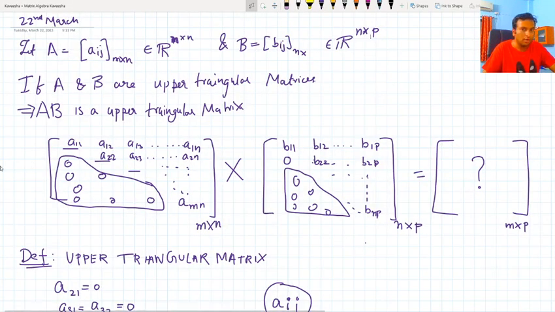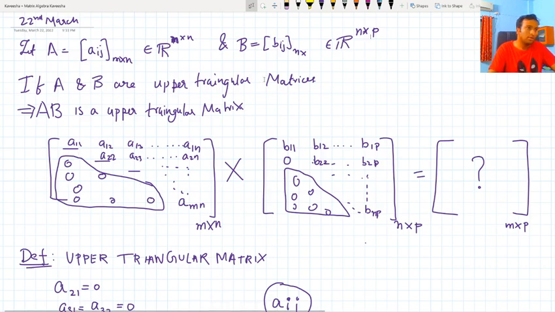The product of two upper triangular matrices is an upper triangular matrix. So first of all, let us look at what an upper triangular matrix is. What you can see on the screen is the matrix on the left, and it looks like all of the entries below the diagonal entries